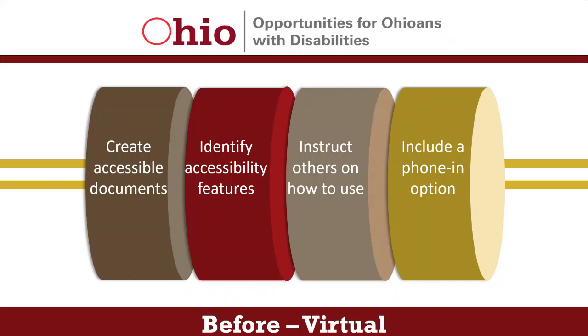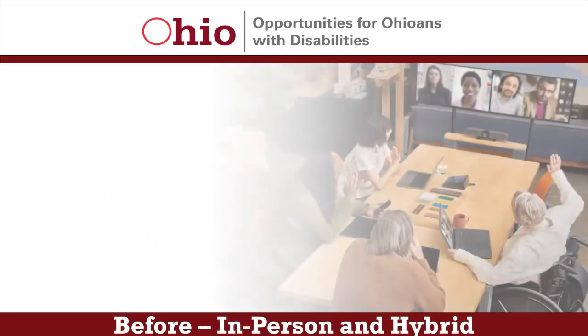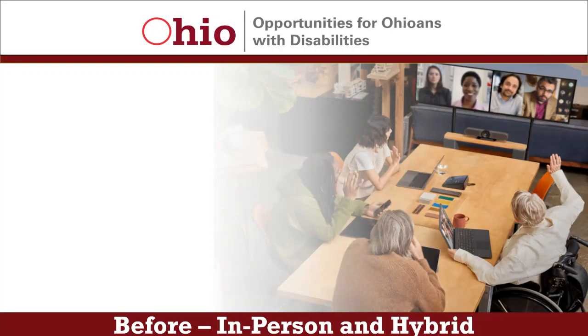Julie, that's a great point about becoming familiar with the accessibility features of the virtual platform being used and how to instruct others on how to use these. Now, what tips would you like to share specific to in-person and hybrid events? Kelly, the first tip I have is for when a meeting or event is being hosted in an off-site location. It's important to select a location that is accessible. The employer may want to create a list of questions to ask about related to accessibility, like whether the facility has accessible parking, entrances, and restrooms, whether there is accessible signage in hallways, rooms, and at elevators, and whether there are animal relief areas and sensory rooms.